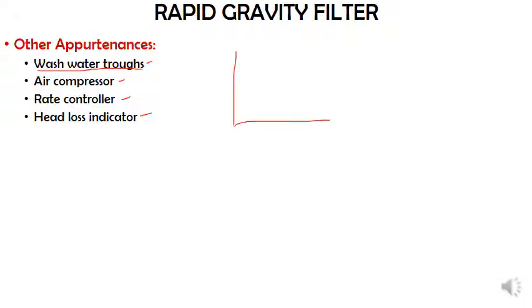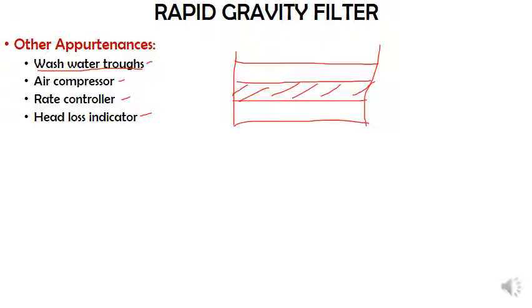What we have discussed in the previous slides: I have my sand over here, similarly I have my gravel or else base material, then I have my under drainage system. Through these under drainage systems we pump the water in reverse for the backwashing process. We are going to study this backwashing process in detail in the coming slides, but for now, in backwashing we reverse the water flow into these drains, and through those drains the water comes up towards the base material and towards the sand.